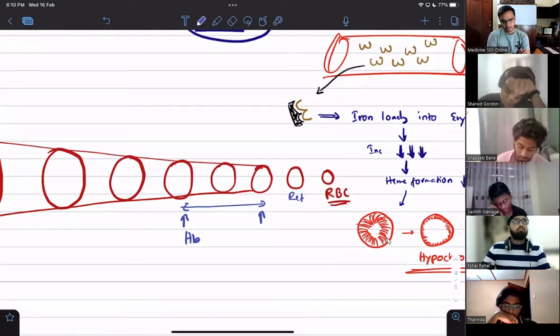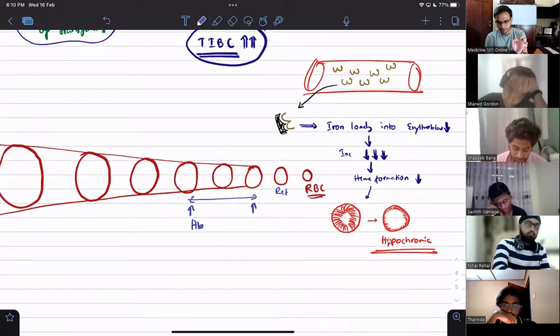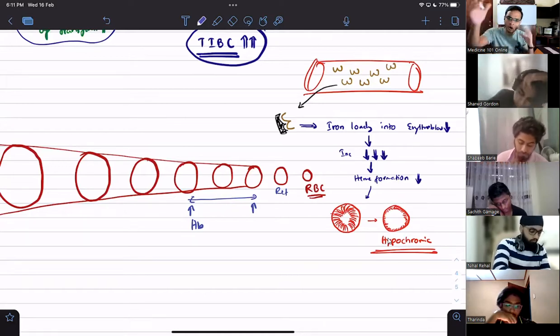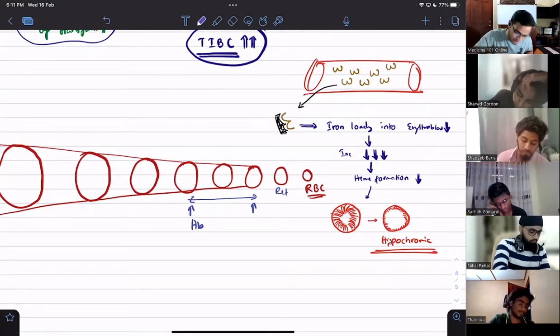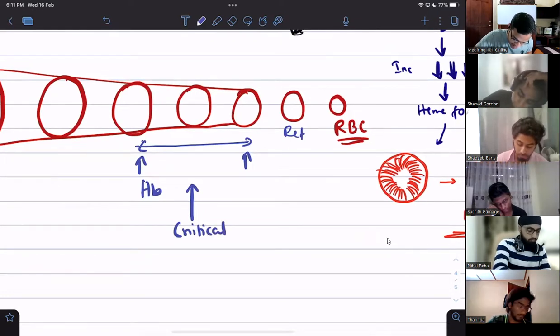Now what happens, guys? Since there is deficiency of hemoglobin, the RBC has to stay much longer inside the bone marrow to get that. We call this, guys, the critical threshold. Somewhere here we will reach the critical threshold